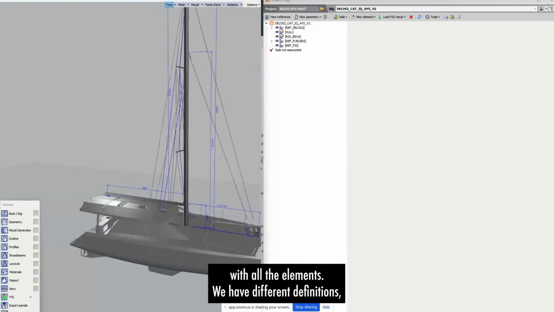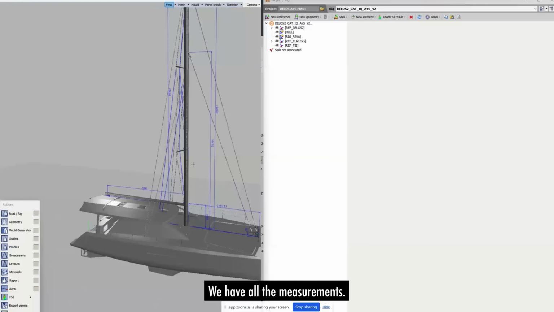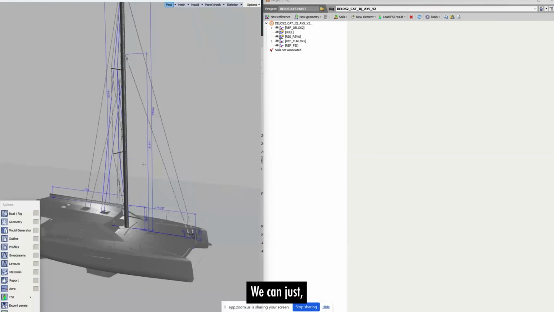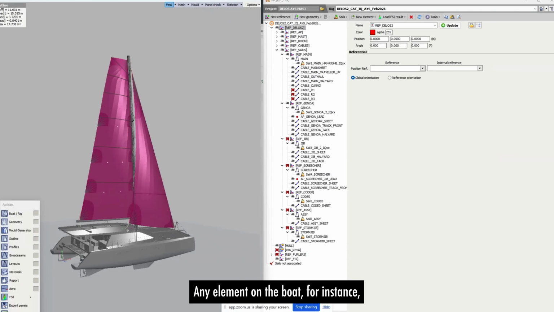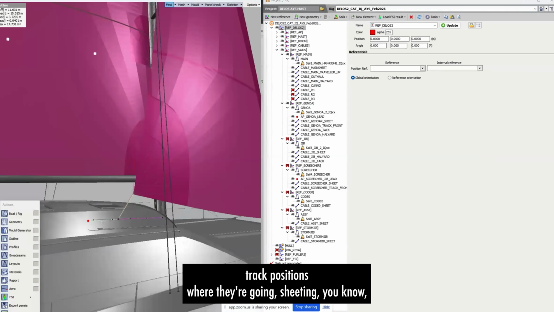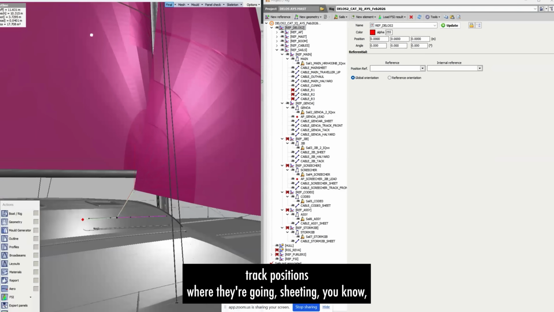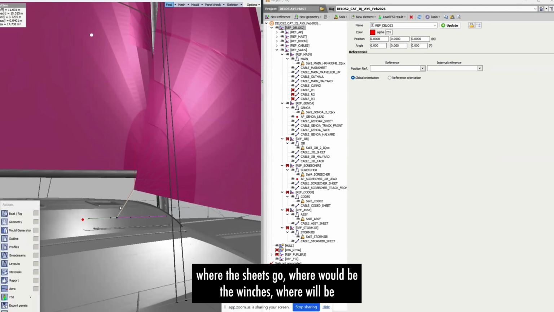Looks cool. So we have different definitions, we have all the measurements. This is like a CAD software, where we are implementing everything. Any element on the boat, for instance, track positions, where they are going, sheeting, where the sheets go,